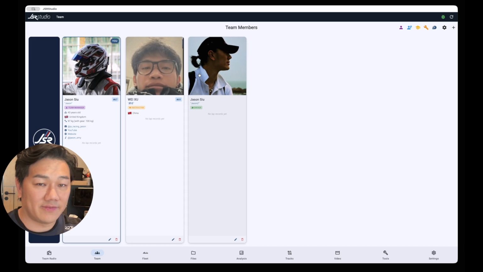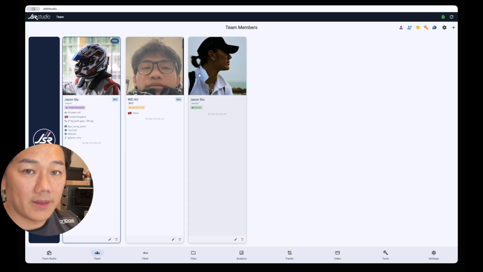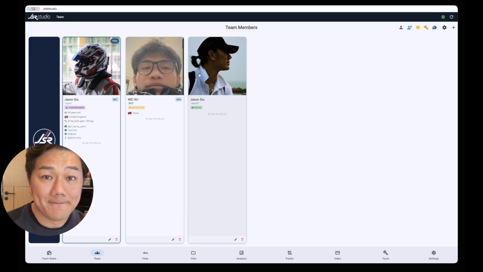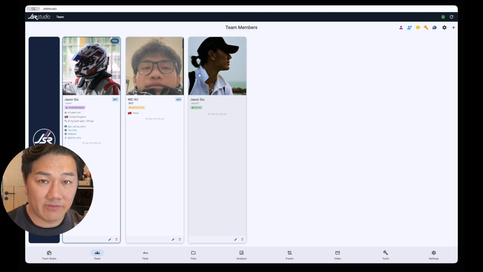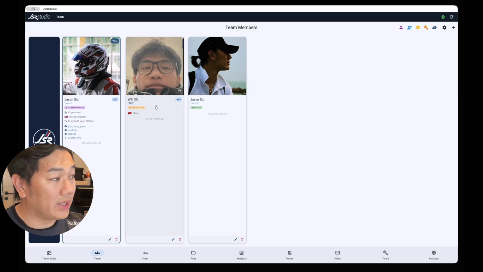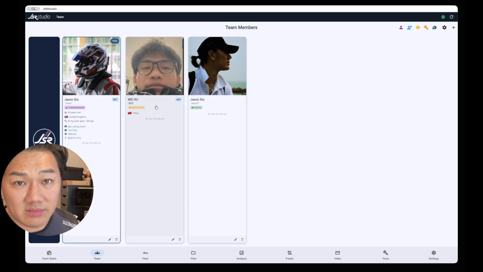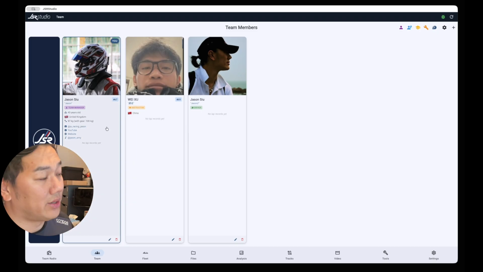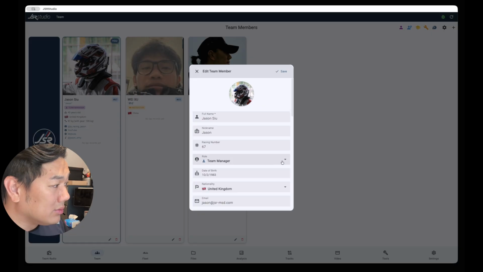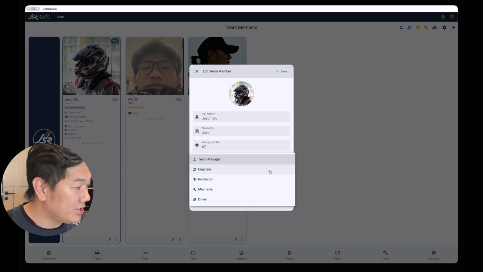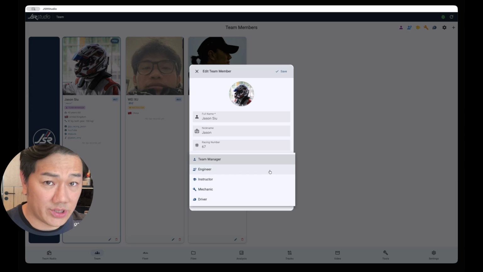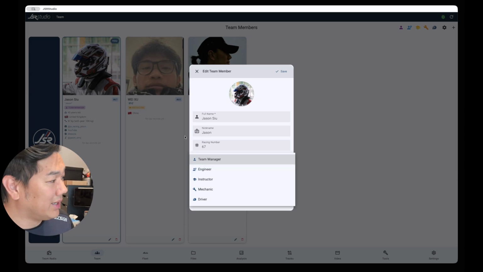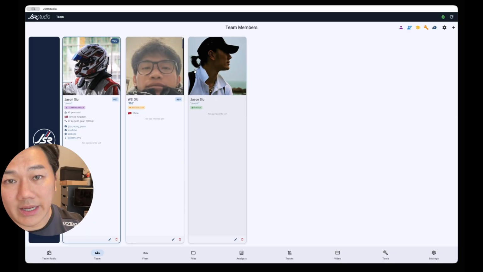In addition to all the stuff that I told you about, there is another useful function to the cards, and that is as a team manager, you can assign roles to every user. So when a user is looking through the people on your team, maybe they're brand new and they don't know everyone, they want to see what everyone does. There is a way for you to assign a role, like team manager, engineer, instructor, mechanic, or just a driver. So you can look through and assign the roles to each member, and that